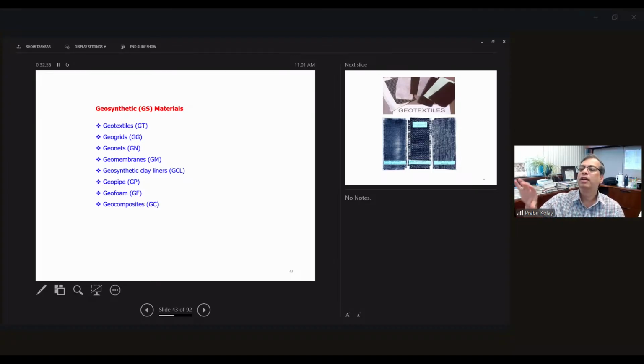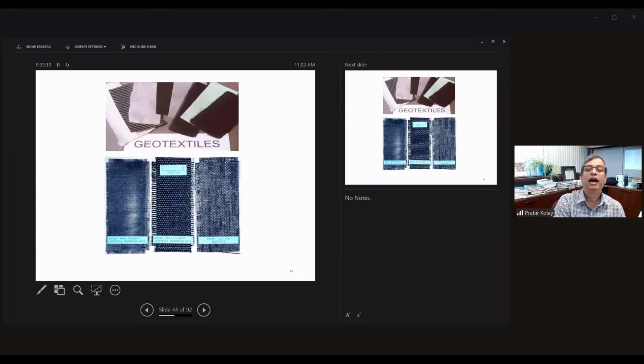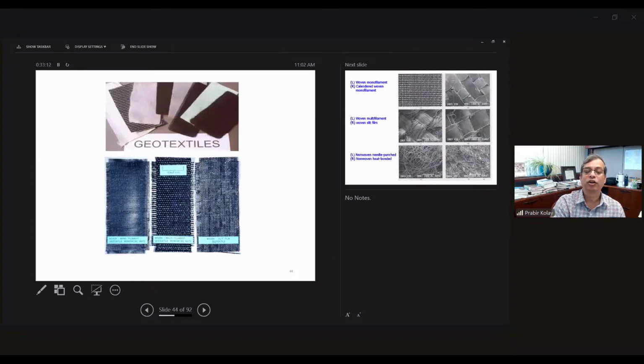Geofoam is generally used for peat soil. Just for example, people are using geofoam or foam concrete on the top of stabilized peat, because the strength, that bearing capacity, is very, very low. Geotextiles, it looks like this, like cloth,